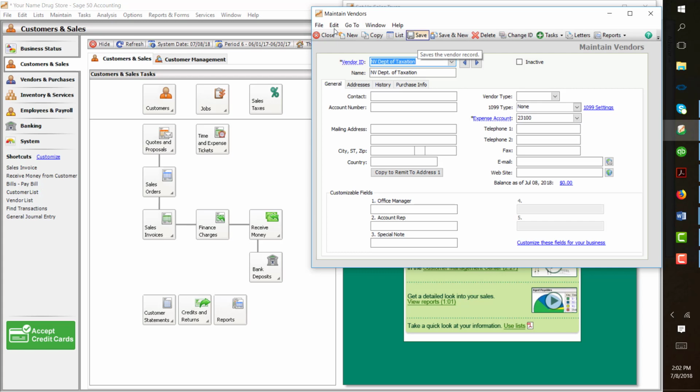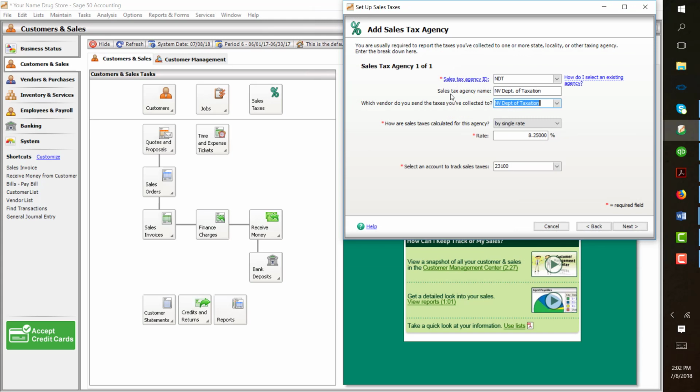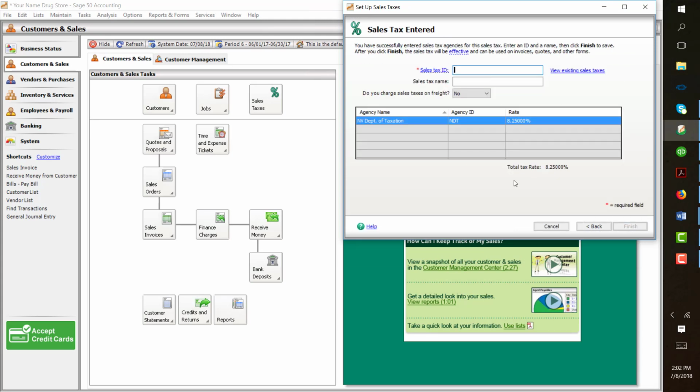Close the screen and it will bring you to the next screen. Now, the sales tax ID also brings about the same NDT, which is your agency. And so you can call this Sale Nevada Department of Taxation for the name. The reason why there are